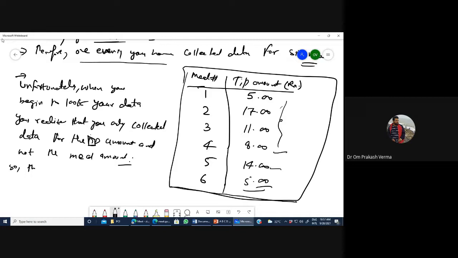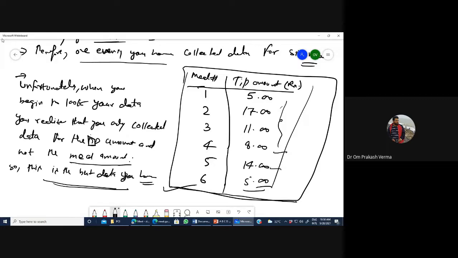So this is the best data you have. As you know, if the meal amount was added, then it would give a more accurate model. However, you don't have that facility, or you have not collected that type of data. So this is just the best data you have. So now your task is,